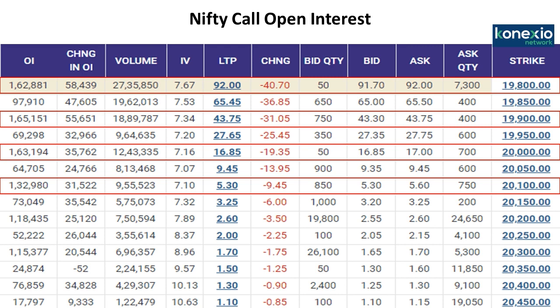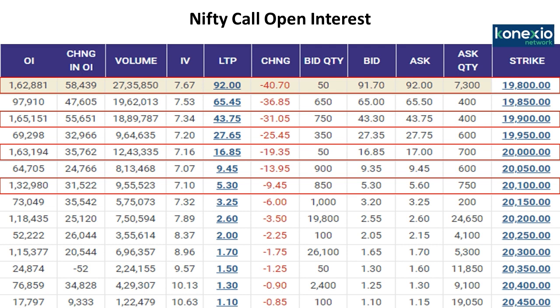So definitely looking at this particular pattern, we feel that some sort of writing was seen in 19,800 and 19,900 calls. But once Nifty closes above the 19,800 mark, then we feel that Nifty has potential to test the levels of 20,000 to 20,050 to 20,100 mark in the next week. So next week again would be slightly flat to positive, or any dips should be used as a buying opportunity.